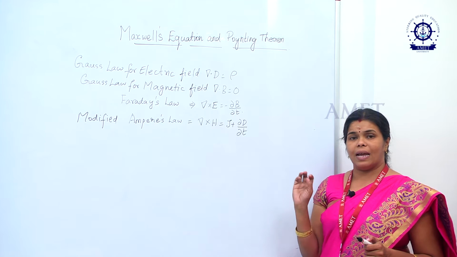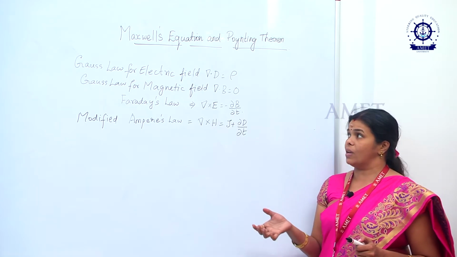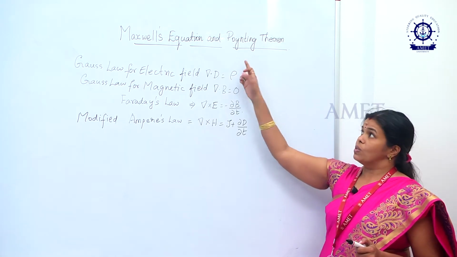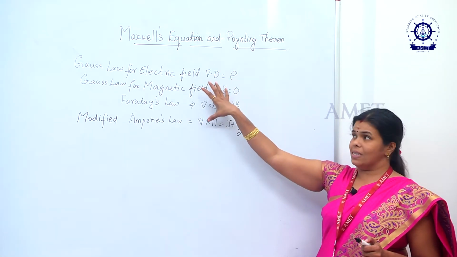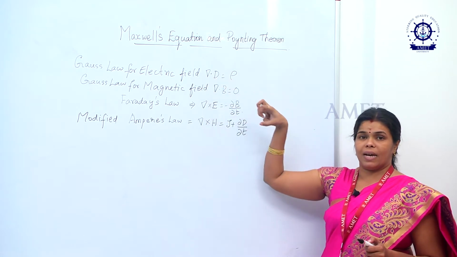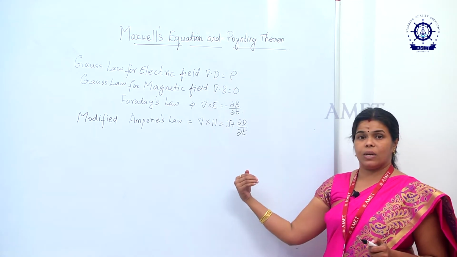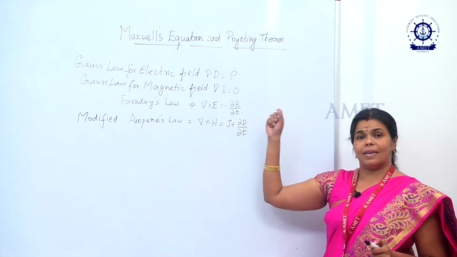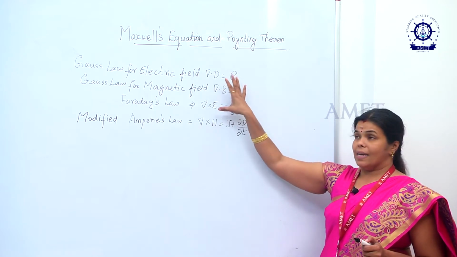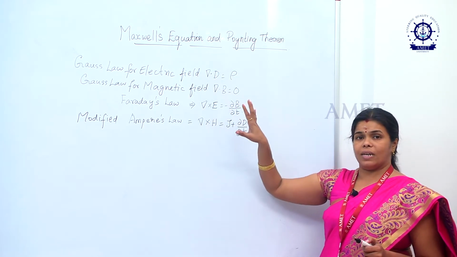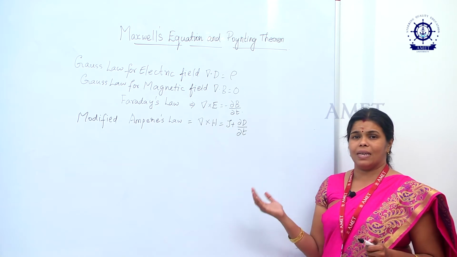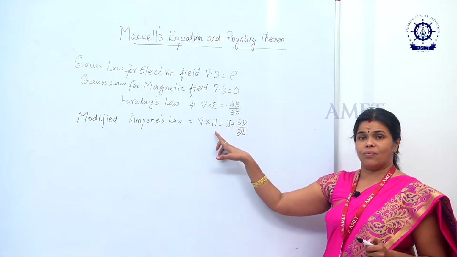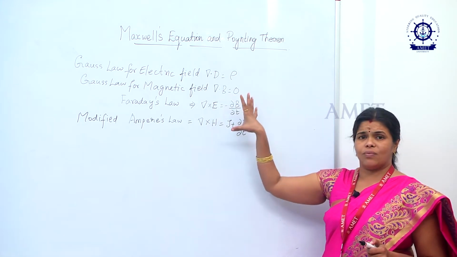In a wave we have both the electric and the magnetic field. Since the Poynting theorem is meant for a wave, I derived Maxwell's equations first, and from them we are going to derive the Poynting theorem. Maxwell used these equations in both differential form and integral form, which makes calculation easier. Here we have only the differential form, and for the Poynting theorem, the differential form is enough.